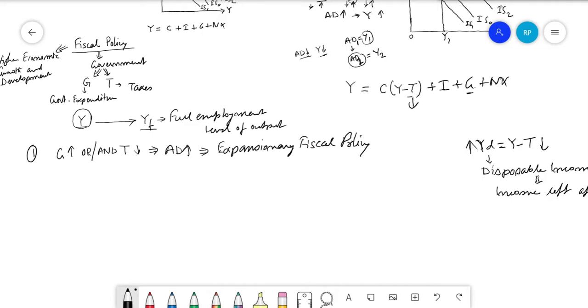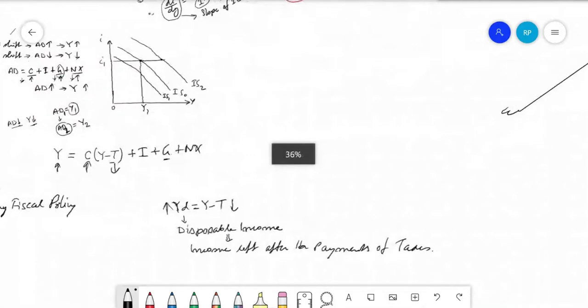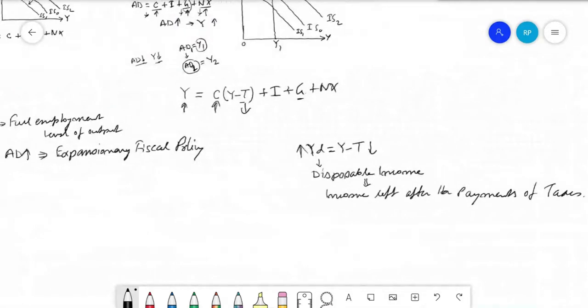And if your level of consumption increases, then aggregate demand is going to increase, and to bring the economy to equilibrium, your Y will also increase. Simple, in one line. So these steps of the government are known as expansionary fiscal policy. Suppose the government is not changing T, they are only increasing the G, government expenditure, only the G part. Again, your aggregate demand will go up, and for equilibrium, Y must go up.